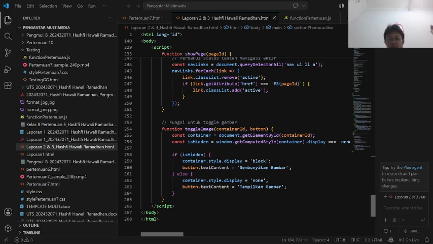If the style is none, it changes the container's display property to block to reveal the image, and simultaneously updates the inner text of the button to say sembunyikan gambar. If the container is already visible, it reverts the display property back to none to hide it, and updates the button text back to its default state, which is tampilkan gambar.